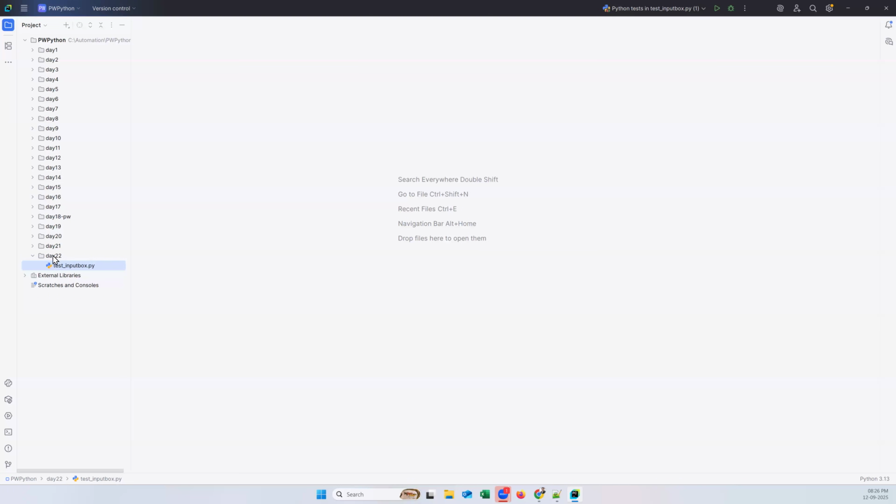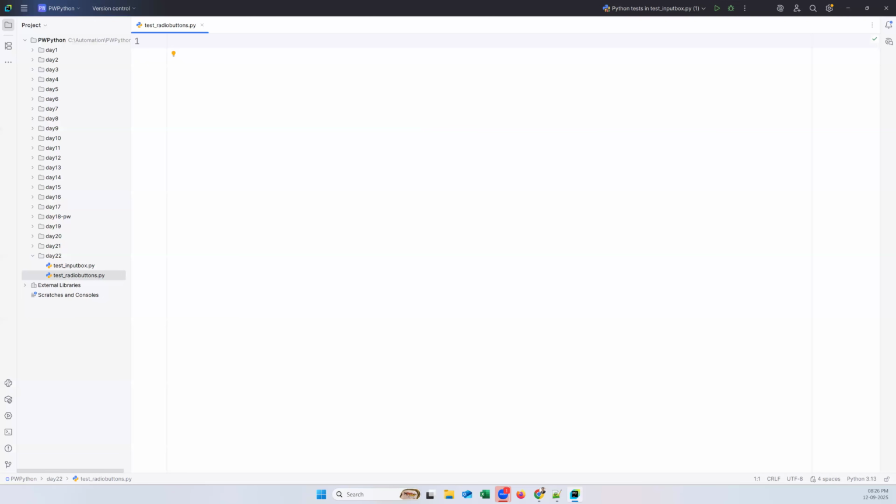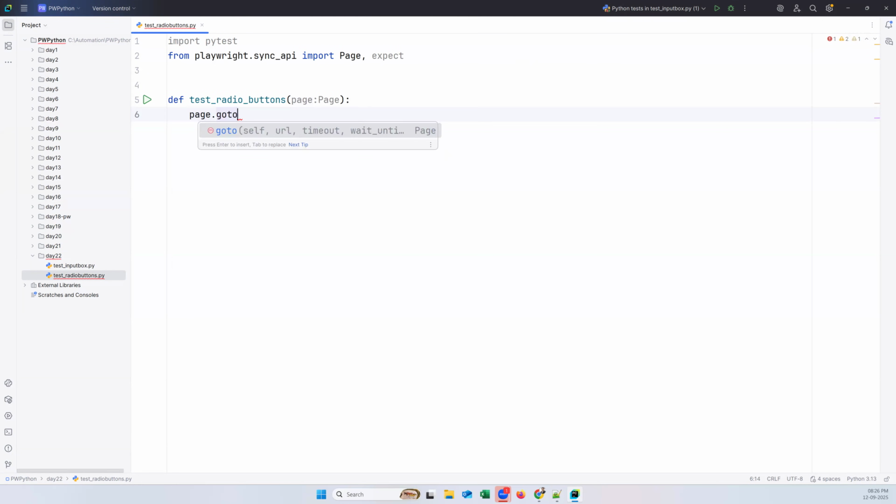So very simple. Let me take a new file, test underscore radio buttons. In it, again I'll write import pytest and the sync API, and let us write another test function, test underscore radio underscore buttons. The page fixture comes from the page class. Now I'm again launching the same page, and here page dot goto will launch my page. Now we need to